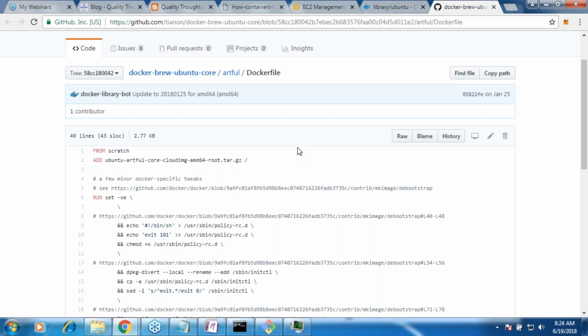Any image, if you track the parent tree, will end up at some point at Scratch. So for example, I use Nginx. Nginx uses some other image, some more images use that, and if you track all the parents,